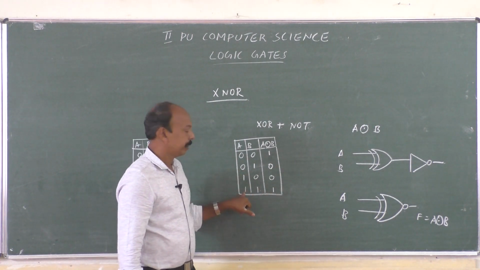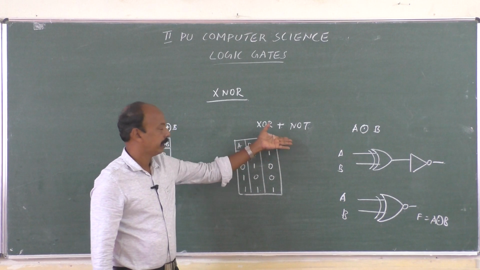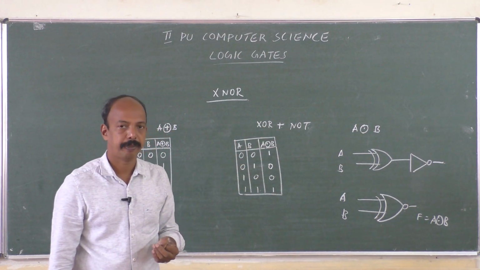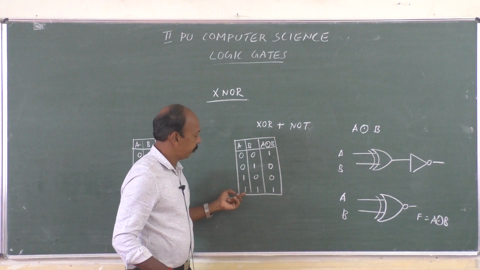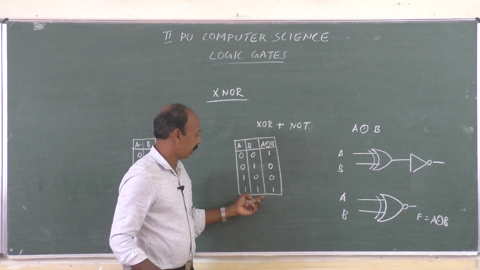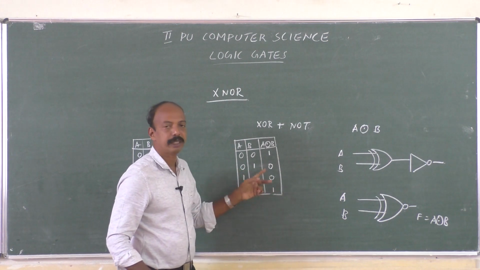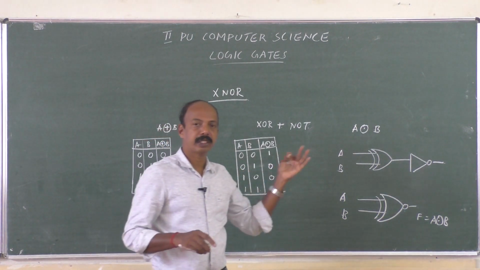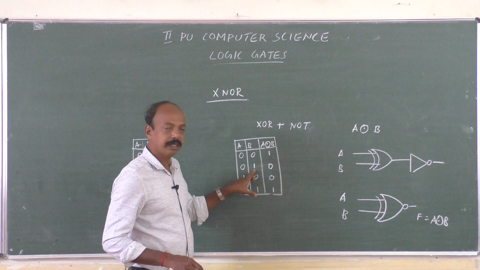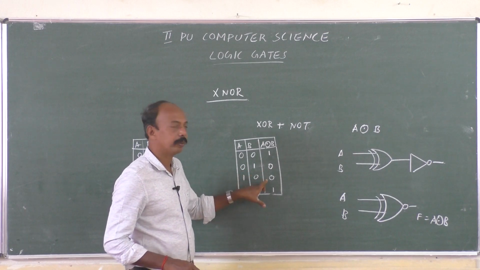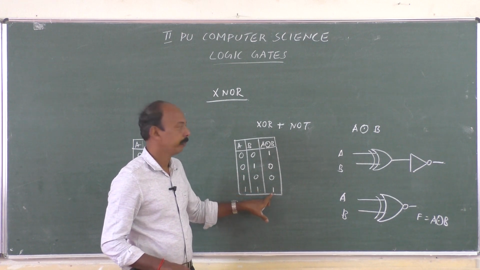Now what we can say here, even number of 1s, by looking at this one we can go for a 3 input XNOR gate also, the rule will be the same. You can try that. So whenever it is an even number of ones, the answer will be 1, and for an odd number of ones, the answer will be 0. If you write the 3 input XNOR gate, we have to follow the same. When it is an odd number of ones, it will be 0. Even number of ones, it will be 1. That's about XNOR.